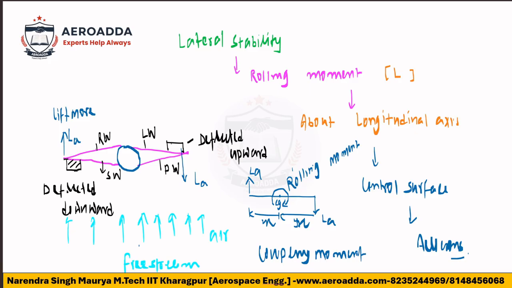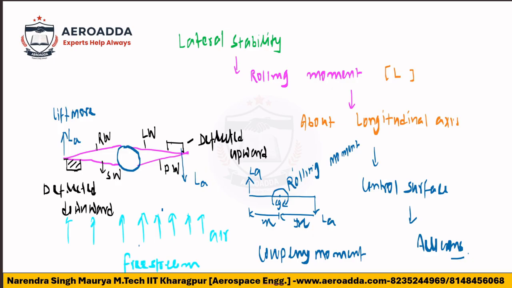So this type of moment, the coupling moment, will be produced, and this type of moment is basically used to roll the aircraft, and this rolling will always be about the axis. That axis is nothing but the longitudinal axis. I hope you understood this, correct? So I'll write this positive roll, and what is the positive roll, what is the negative roll, that also I'll